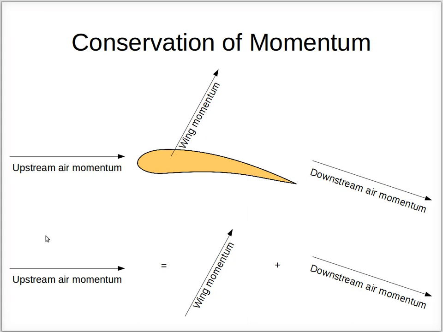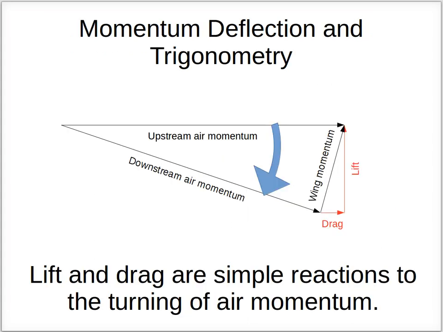So basically we can say that the upstream equals the downstream, or before equals after. Momentum is conserved. And so if we recognize in this momentum conservation that the magnitude of the upstream air momentum should equal the magnitude of the downstream air momentum,